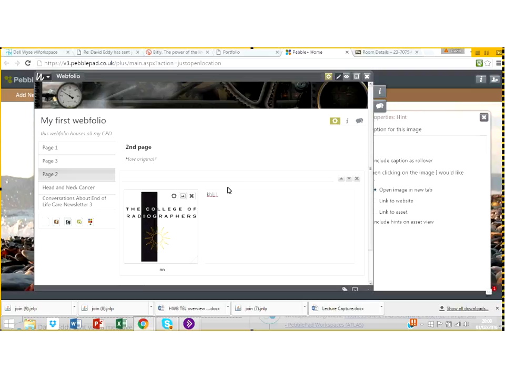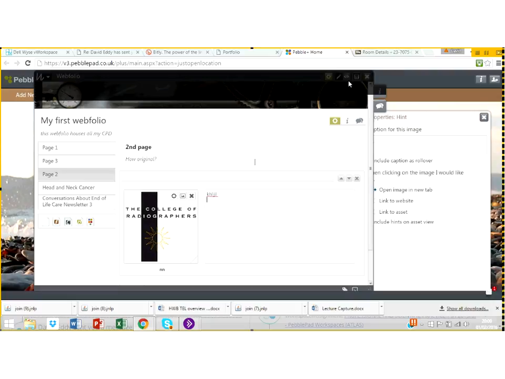What you can also do is, if you use Control-C for copy and Control-V for paste, if you've got something in a Word document that you want to paste in here, you can do that. You might have to play around with the formatting a little bit, but essentially it works. So if we just save that now,